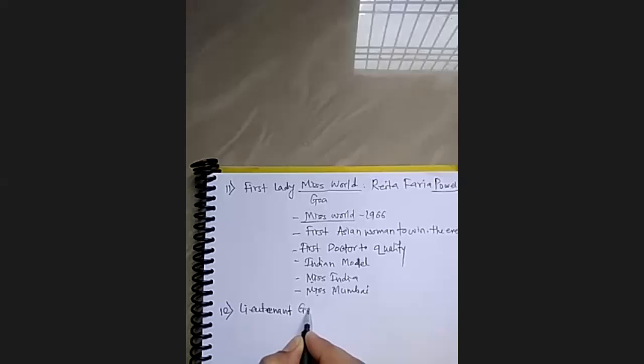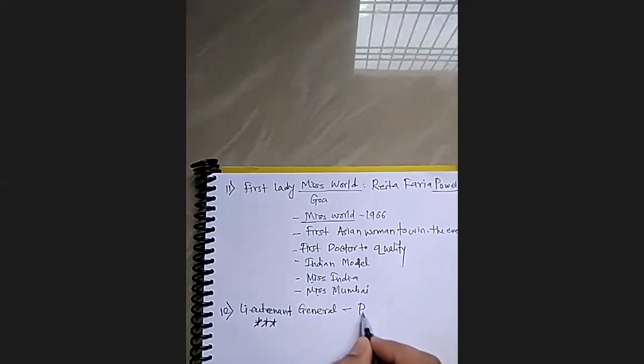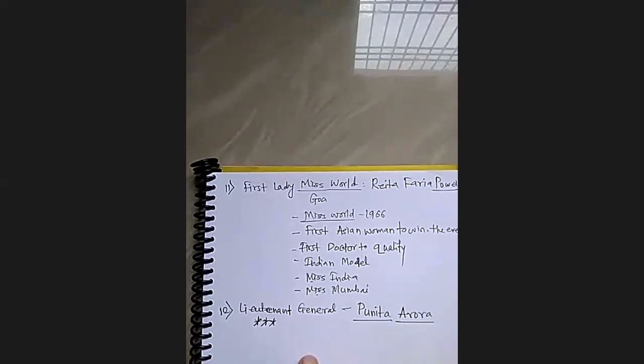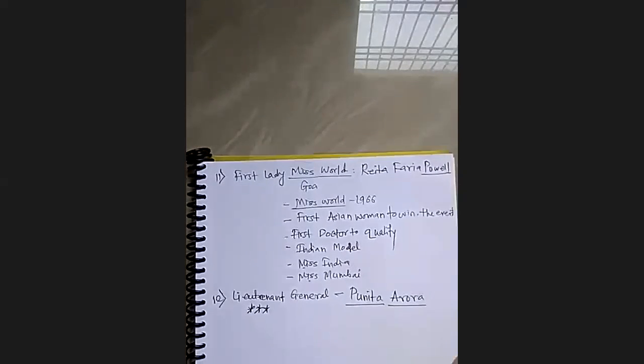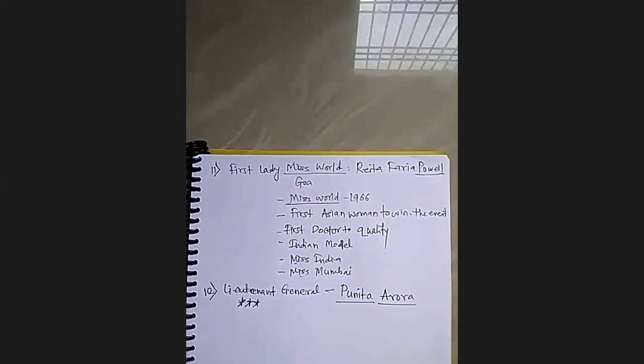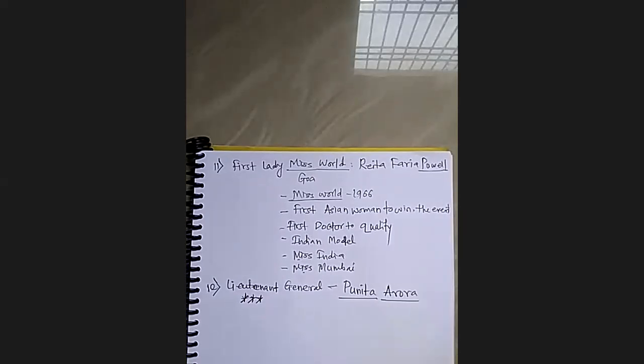So as I said, it is 3-star after general, which is 4-star. So lieutenant general, 3-star rank. And the name is, I think, Punita Arora. So you must be thinking about it. In order to achieve this rank, you have to have spent 35 years of service after becoming lieutenant. Then you must be thinking that 35 years before, there was no place for